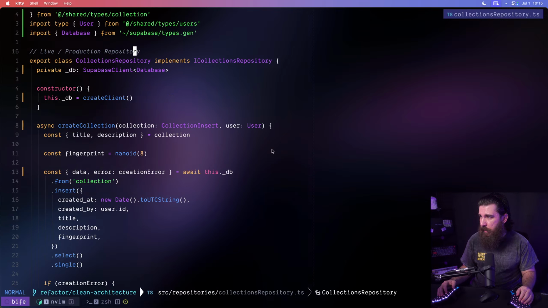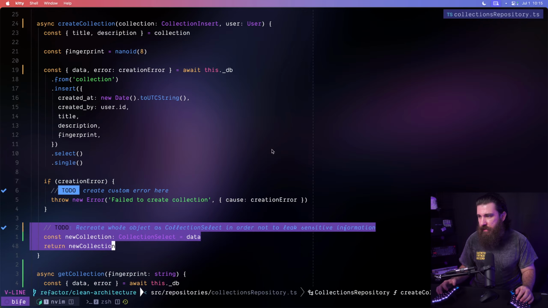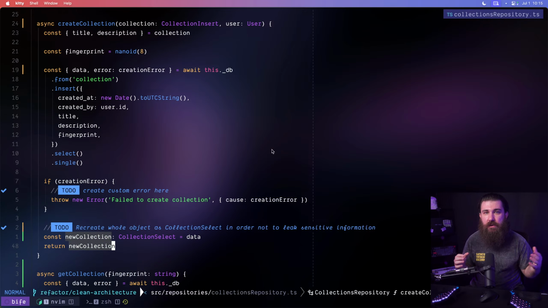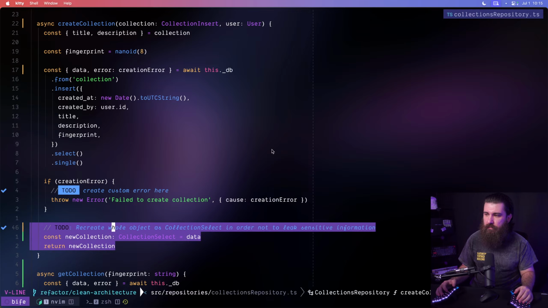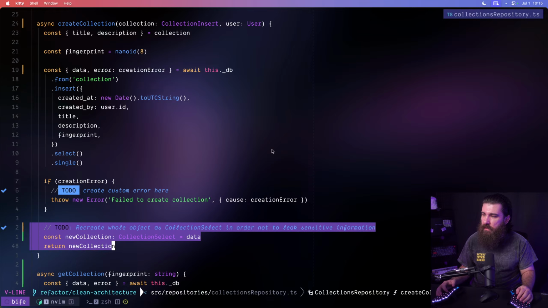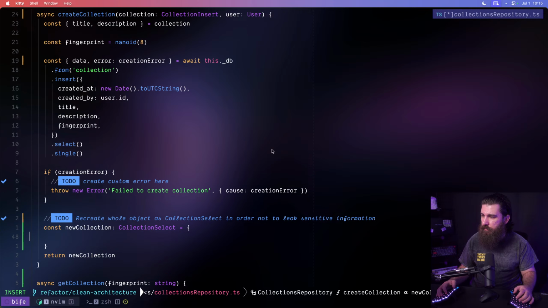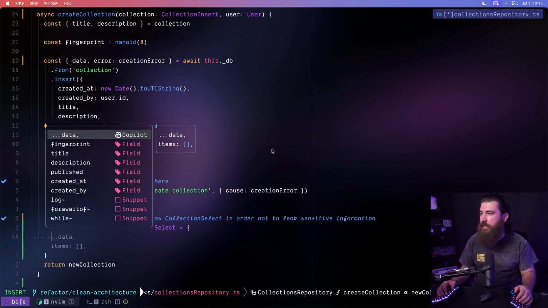So that's why I kind of said we don't need DTOs, just so we don't introduce a new concept. But it's either going to be DTOs or it's going to be something like this. Just recreate